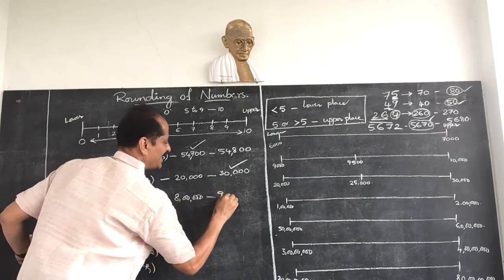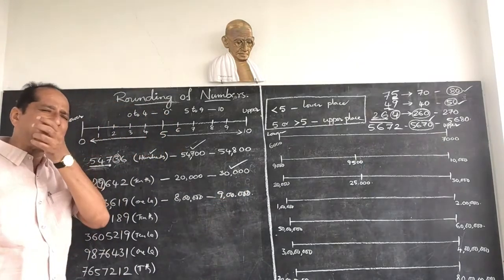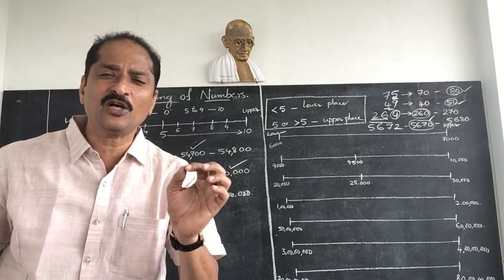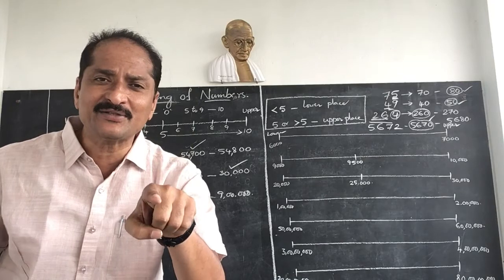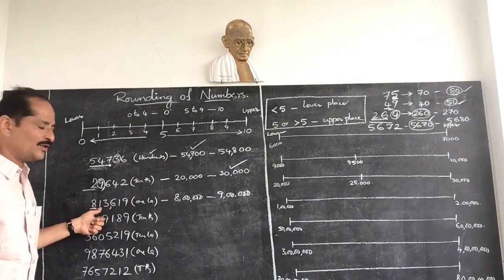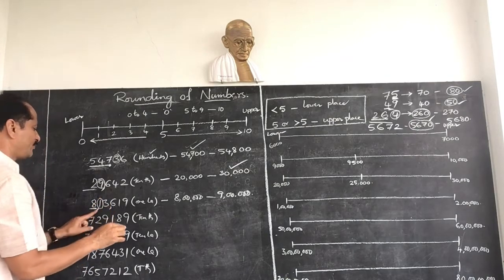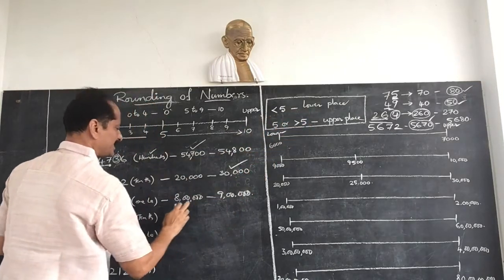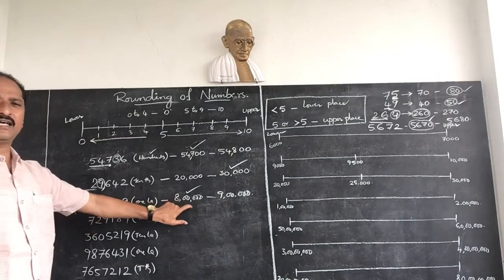and 9 lakhs. మరి 8 lakhs కి రౌండ్ ఆఫ్ చేస్తాం, 9 lakhs కి రౌండ్ ఆఫ్ చేయాలంటే we should see next lower than 1 lakhs place. Next lower than 1 lakhs place is 10,000s place. Digit in 10,000s place is 1. 1 is less than 5. So lower place ki round off cheyadame. Lower place is 8 lakhs. So round off this number to 8 lakhs.